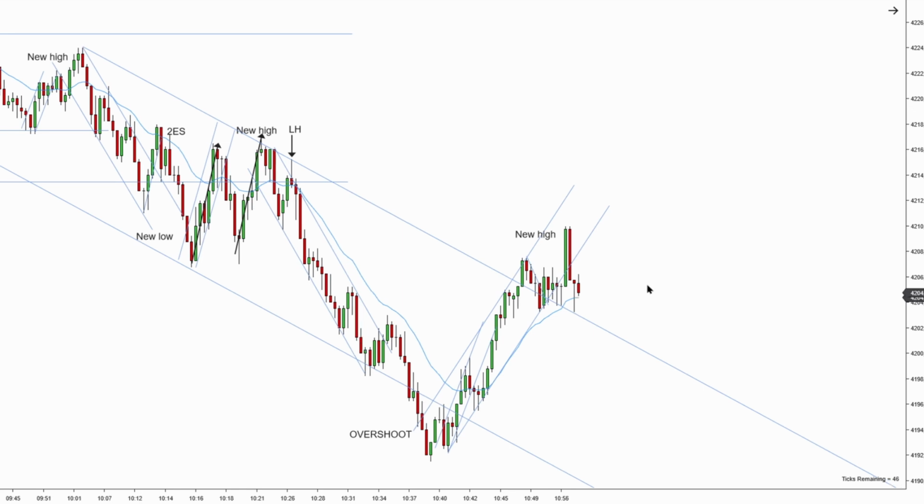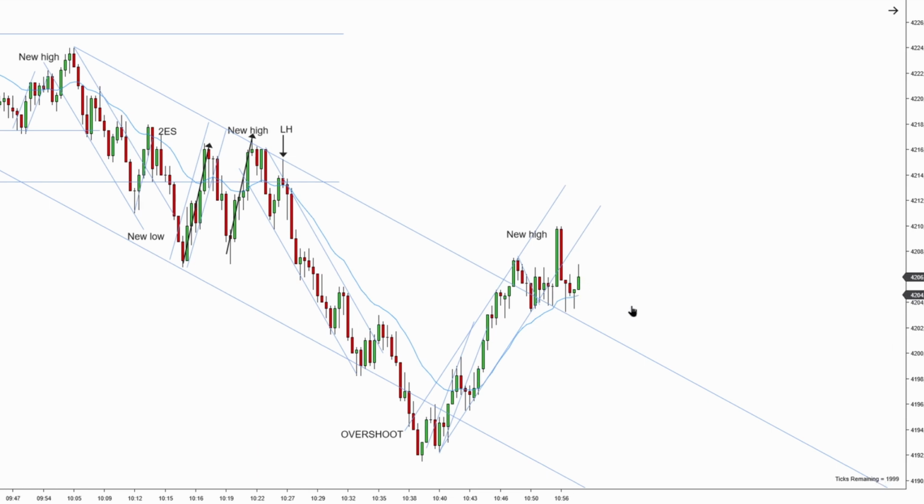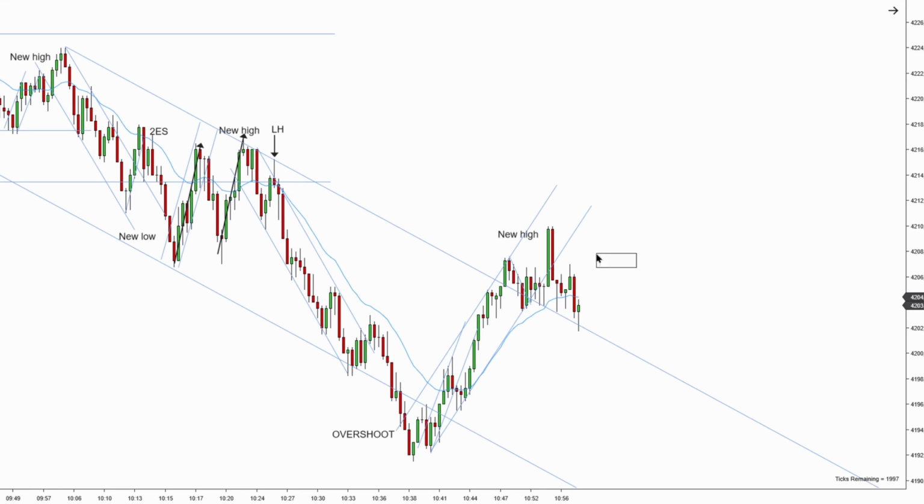So what am I expecting at this point? This downtrend needs to get new extreme according to trendline rules. So I'm expecting for prices to push below EMA and for sellers to show a failed second entry long. Okay, we're above EMA, so we're not below. And here we have failed second entry long, but we never managed to break below and it's a bullish bar, so